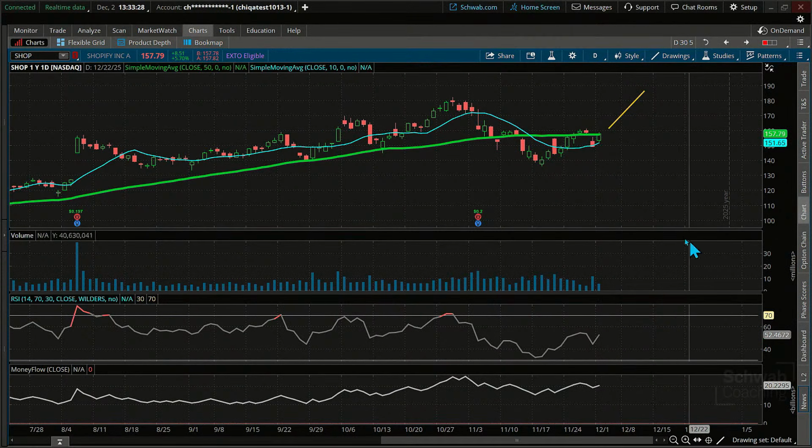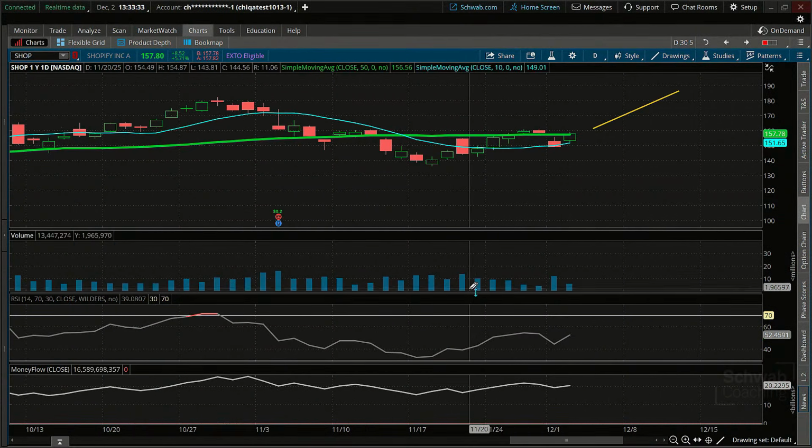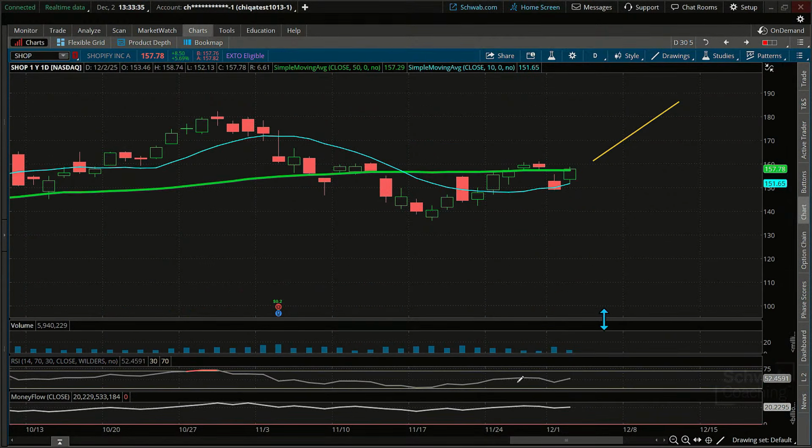So let's do this. It's kind of like a flag pattern here too, because that's part of the inverted head and shoulders. It's part of the cup and handle. You're getting this portion of it. And either of those two, cup and handle, inverted head and shoulders pattern, you're really going to be getting that higher low. To get that pattern is a higher low. And today, it's higher than this. And today could be construed as the confirmation day, although it's not a hold yet.